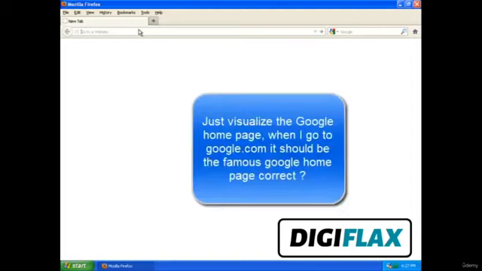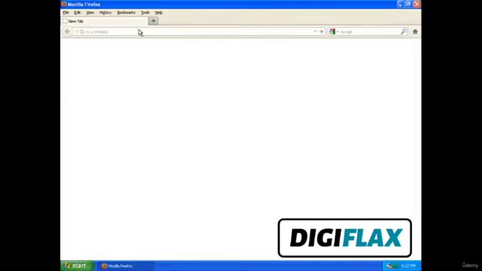If you have ever visited the Google homepage, they have one Google logo, one search box, and a button. Whenever you go to google.com, that page shows up. Now let me tell you how it is done.